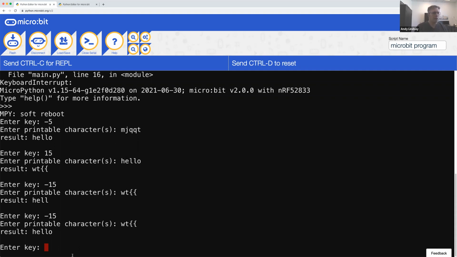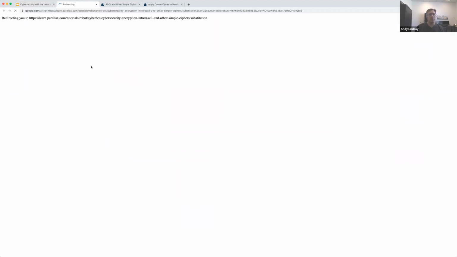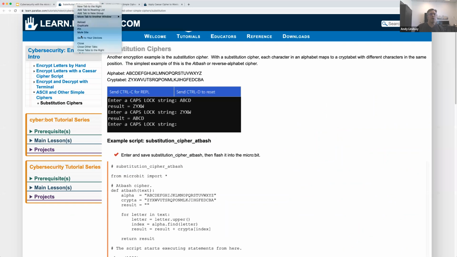So that was a little bit of freestyling, and of course students will try to experiment with this, and I encourage them to experiment with this kind of thing, and develop a hypothesis of why something didn't work the way they expected it, and all that good analytical learning experience stuff. So the last thing in the encryption intro